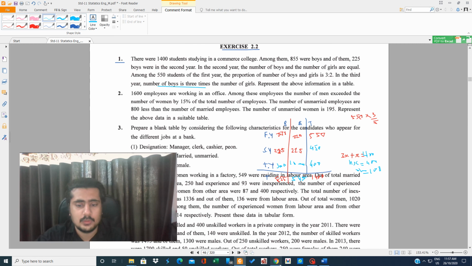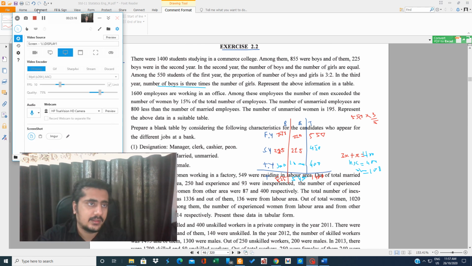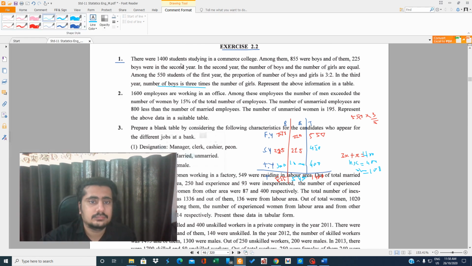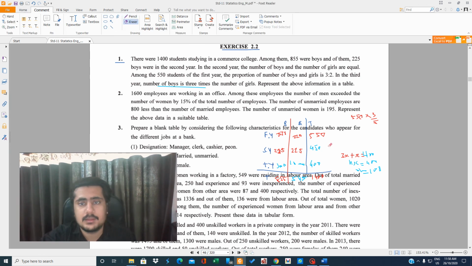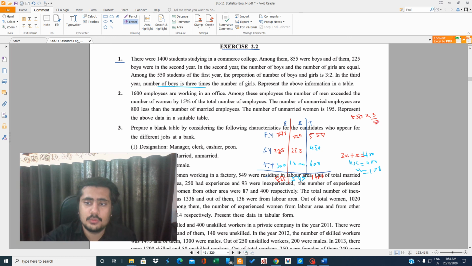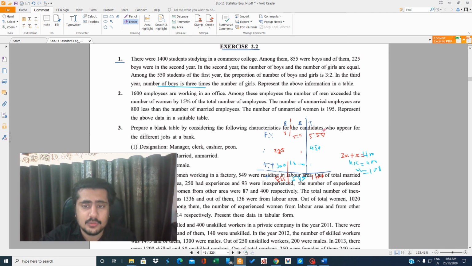Now we can come to the second. Okay, so now let us do sum number 2. So you got how we are doing the sums. You got the idea how the sums are to be done. First of all you have to see how many variables are there. Then you have to keep the total and you have to track where to put the figure. And the balancing figure, you should know how to balance the whole thing.